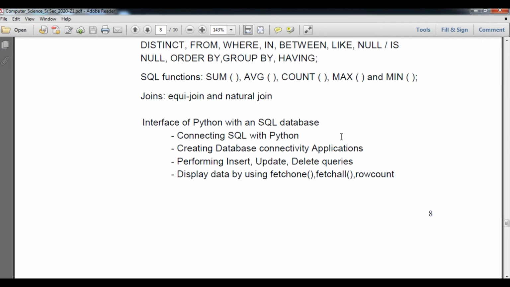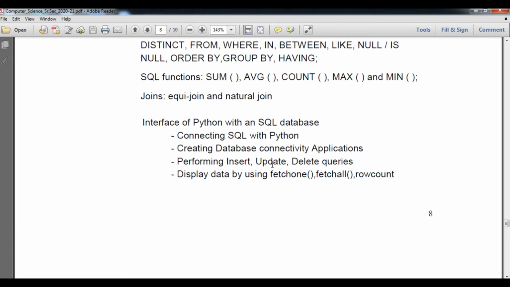In this video series, we are learning the interface of Python with SQL database, in which we have covered how to connect SQL with Python with the help of a connector, I mean to say the MySQL connector of the Python package. And then we understood and did the practical of how to insert the data, I mean to say records, in MySQL using a Python program. And now we are going to learn how to update the record through the Python program